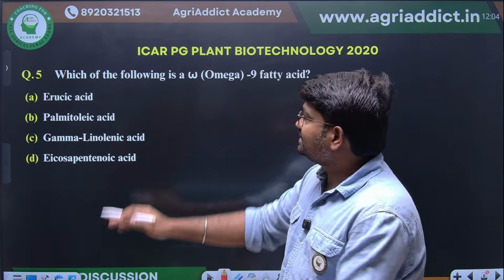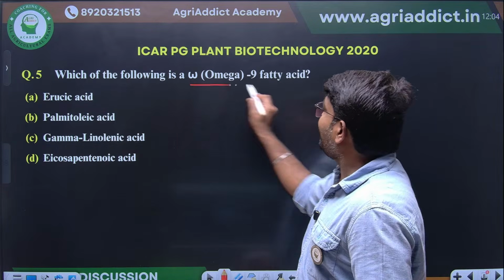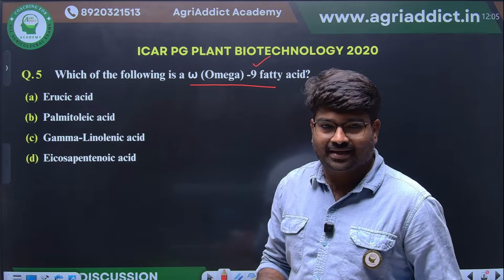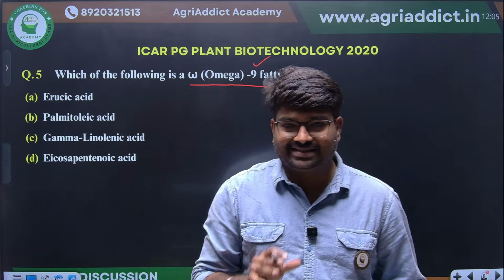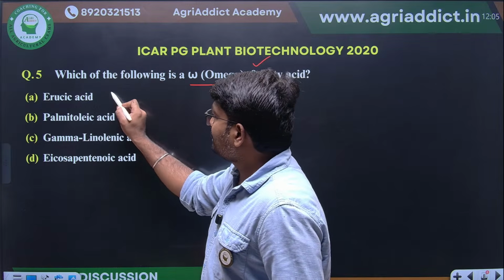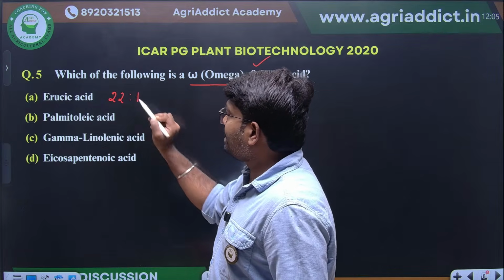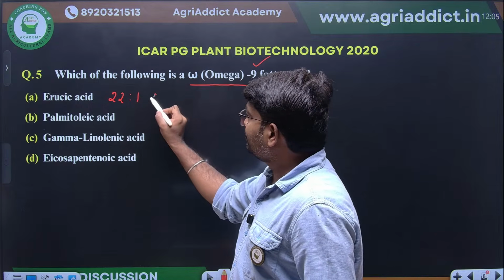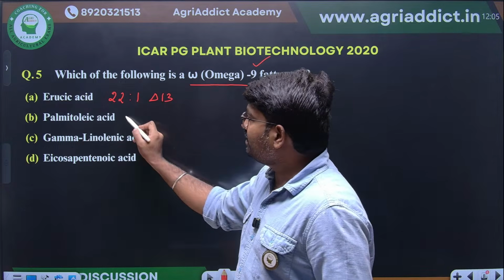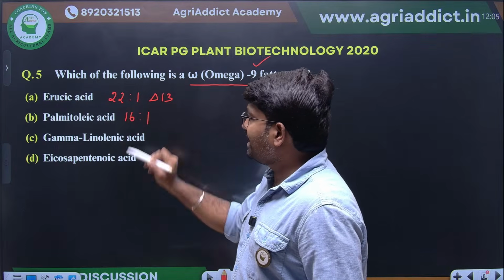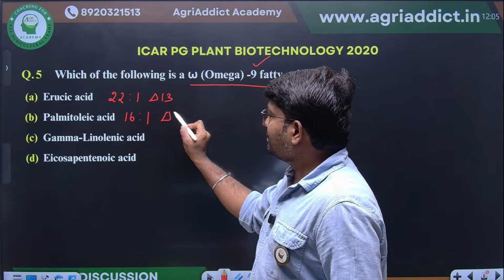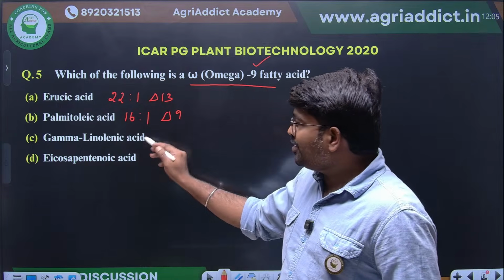Okay, next, which of the following is an omega-9 fatty acid? They are asking about omega-9 fatty acid. What will be the right answer? This we have already discussed. If you see erucic acid, 22 carbon will be there, one double bond will be there at position 13. Palmitoleic acid means what? 16 carbon will be there and double bond will be present at position number 9. Okay. Gamma linolenic acid,